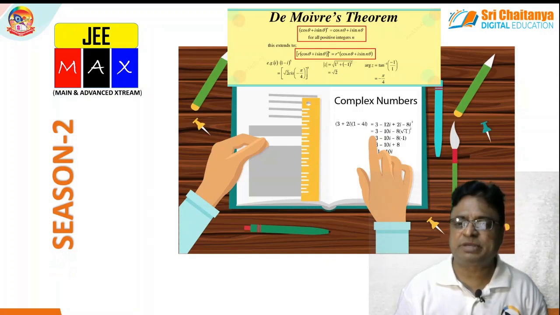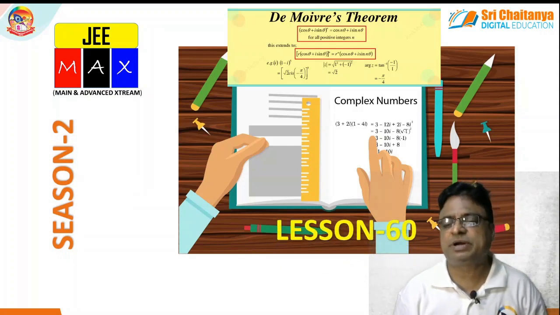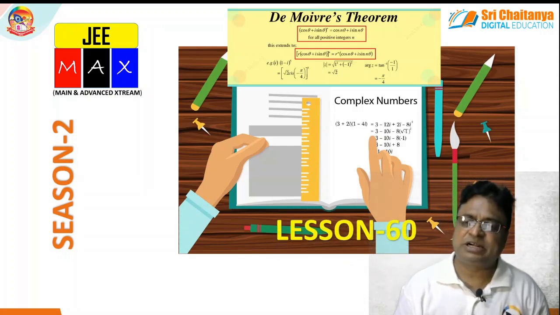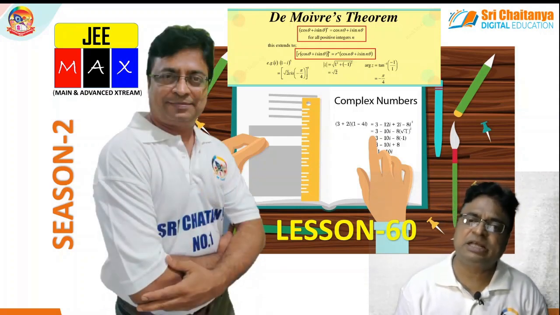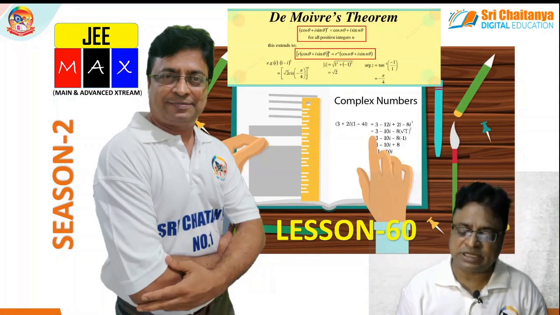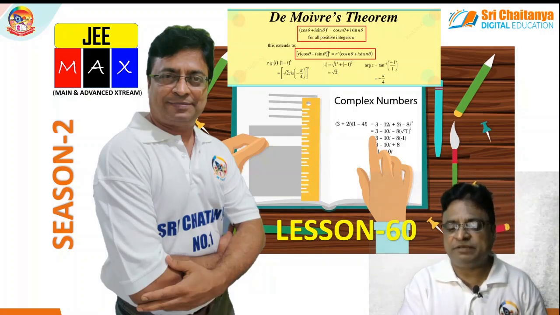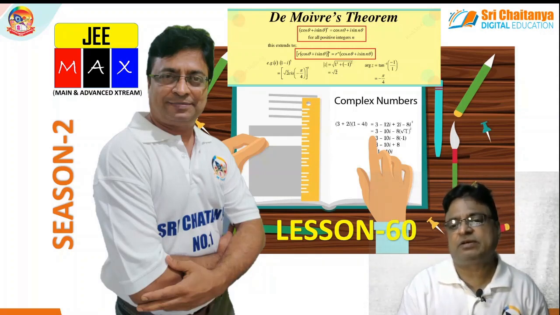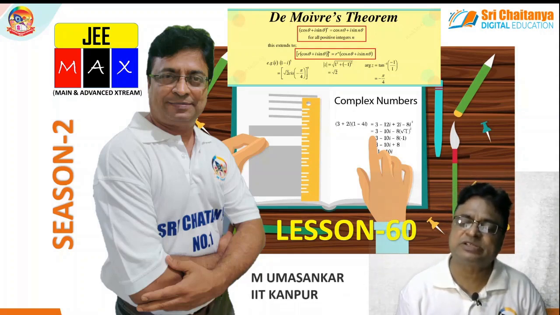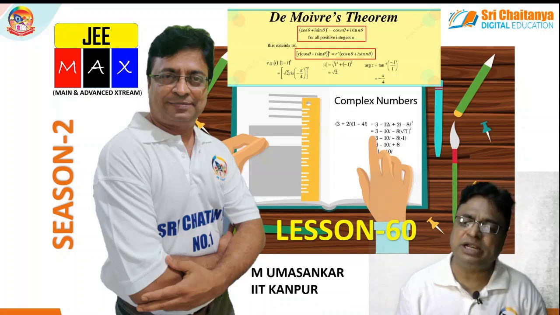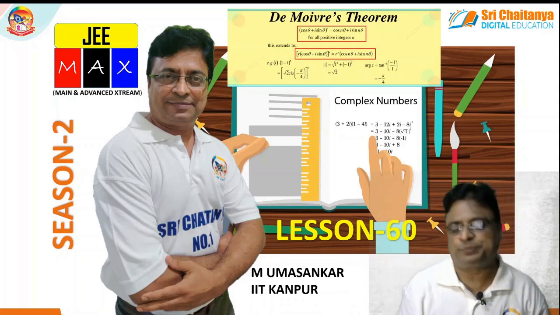Through this season, we are completely concentrating on a particular chapter which is very, very important for both JEE Mains and Advanced after complex numbers is one. So far, we have successfully completed 59 lessons of the complex numbers. This is lesson number 60. With all these lessons, we are at the end of the complex numbers and we are concentrating on De Moivre's theorem and its applications of the complex numbers, and we are solving the problems from the ICON integrated textbook exercise 5.2.